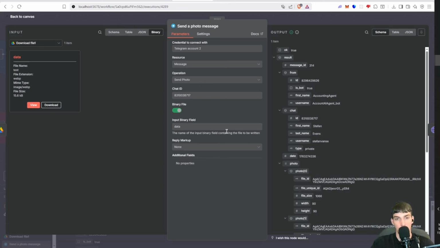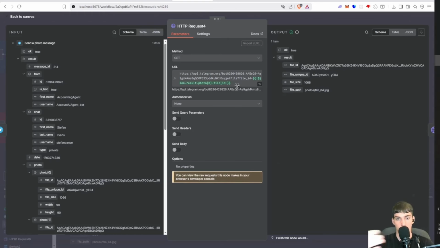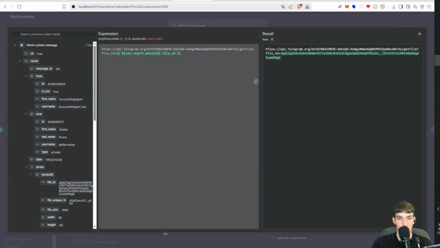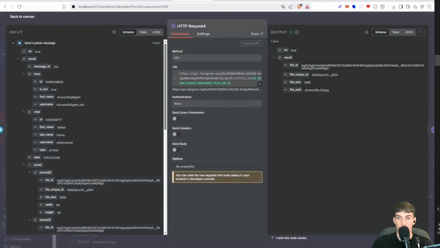The reason we do that is because Telegram has a public file uploading thing where you can retrieve photos or files from a specific link if you have the file ID and the token of the bot and the file path. So that's what we do in this next request. We send this GET request over, HTTP API telegram.org, then the bot token, then /getFile?file_id= and then we get the file ID over here. We drag that. So that's getting the file path for that file ID. And then from there,